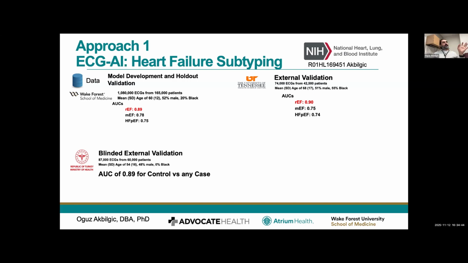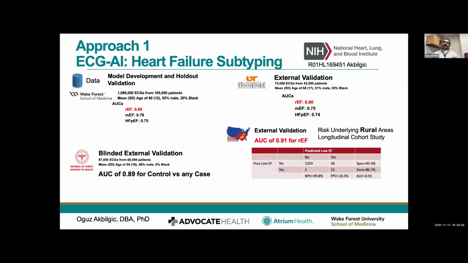But again, our ultimate goal is to see whether we can do screening of heart low ejection fraction, because there is still a little bit of bias since it's EHR-based data. Everybody had the indication of ECG. That's why we now moved to the Rural Health Study. The Rural Health Study is a cohort study